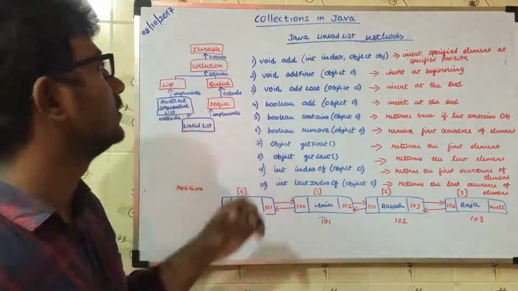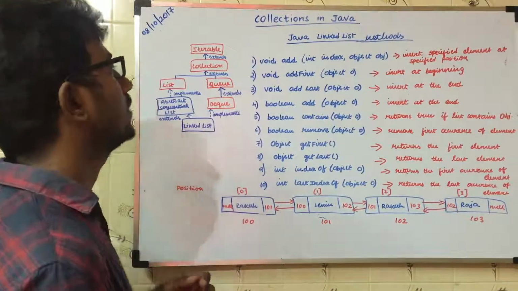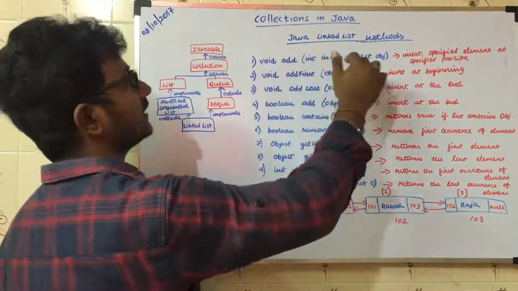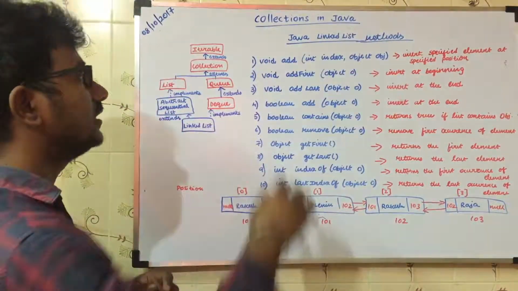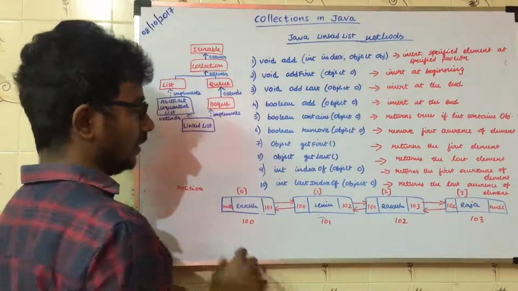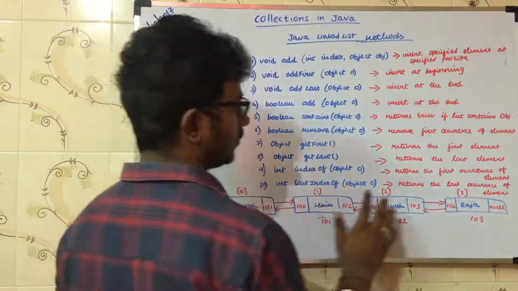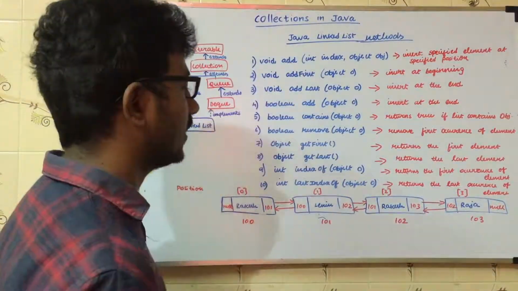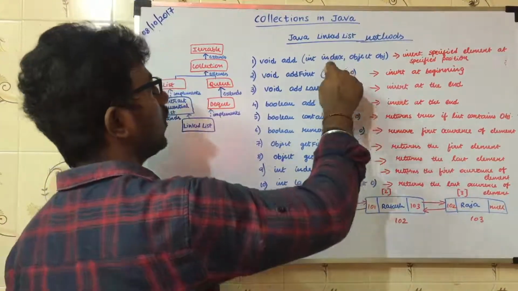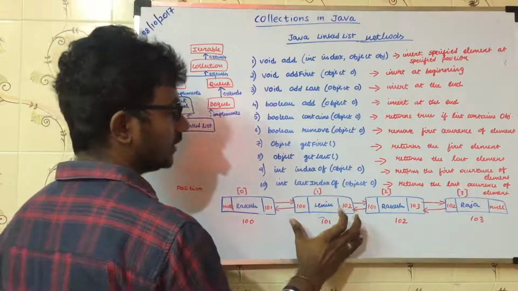Now we are going to see the LinkedList methods that are supported by Java. These are the most frequently used methods. The first one is void add(int index, Object obj). What it does is it tries to add the object at that specific position. Consider these four nodes: Rakesh, Lenin, Rakesh, Raja at positions 0, 1, 2, 3. Suppose you are trying to add the Sudha node at the first position, then you need to send 1, comma, Sudha. What it will do is add that node here, and